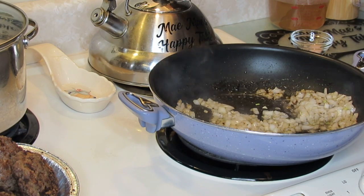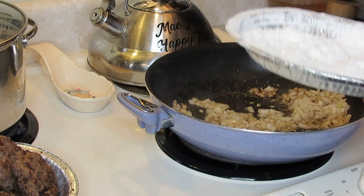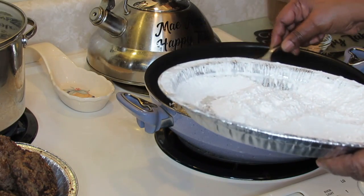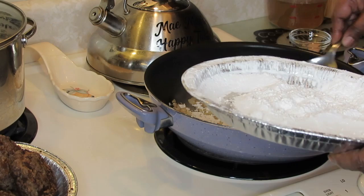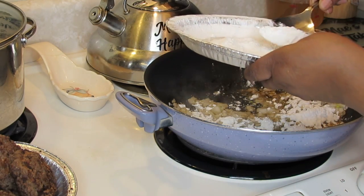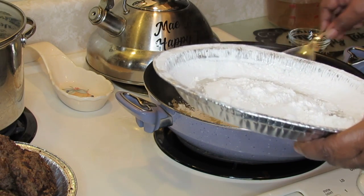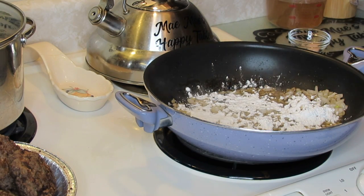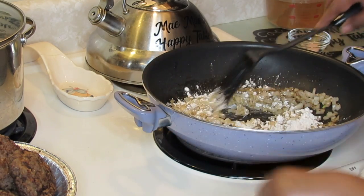And I'm gonna go right on in and put my flour, cause I can have my onions chopped real fine and let this flour and this onion be cooking together. And you remember, guys, this is self-rising flour. I put maybe about a fourth of a cup to a third of a cup in there, so you make sure you can thin it, you know, so your gravy will be thick enough and you can thin it down to whatever you need. Okay, you just start